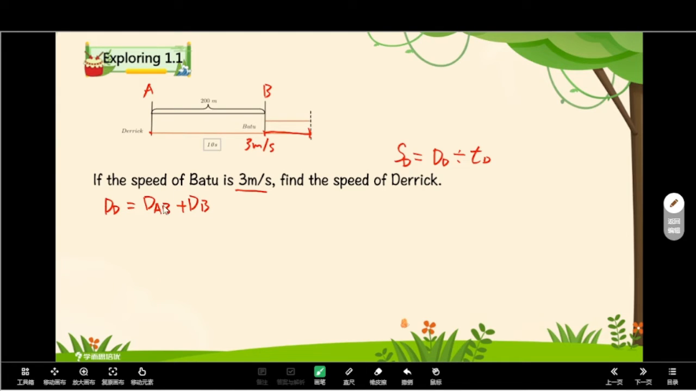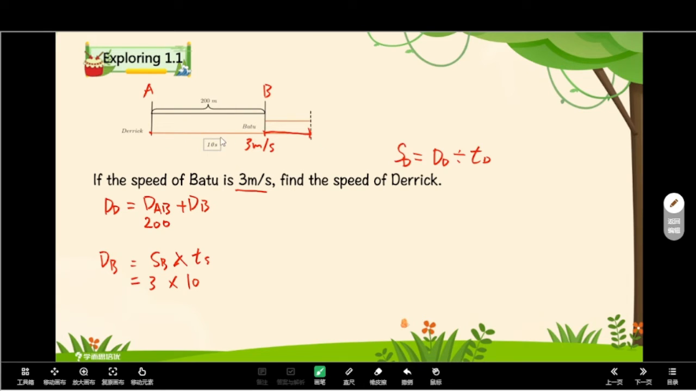And we already know the distance of AB is 200 meters, so we need to find out the distance that 巴图 has traveled. And if we need to find the distance of 巴图, we need to find out the speed of 巴图 and the time of 巴图, right? So how can we find what is the speed? It is 3 meters per second, and the time is 10 seconds because Derek takes 10 seconds to catch